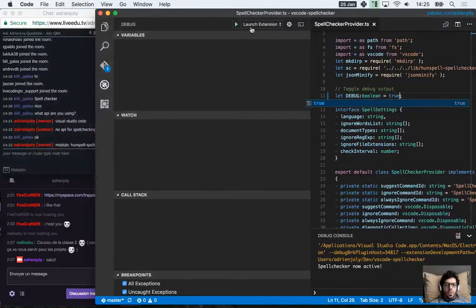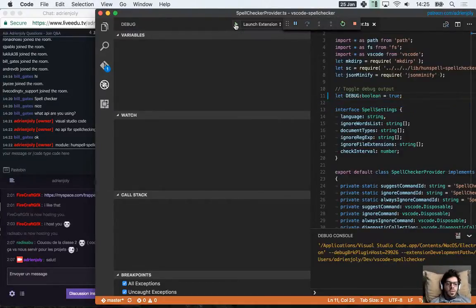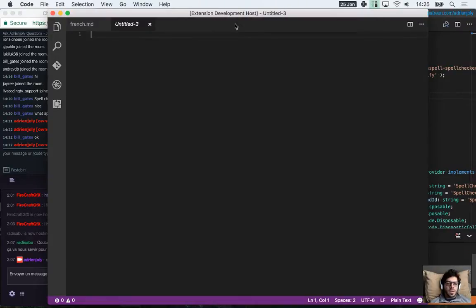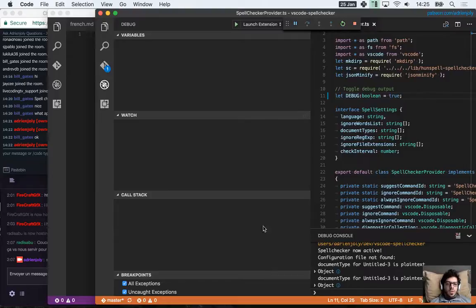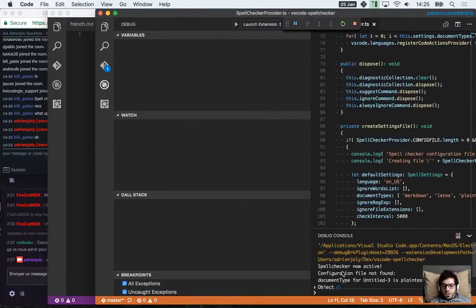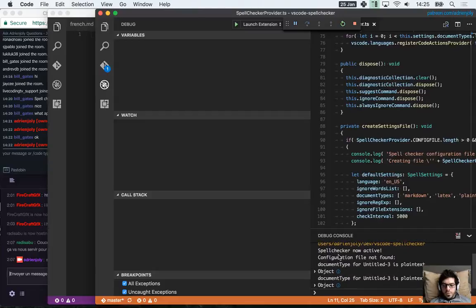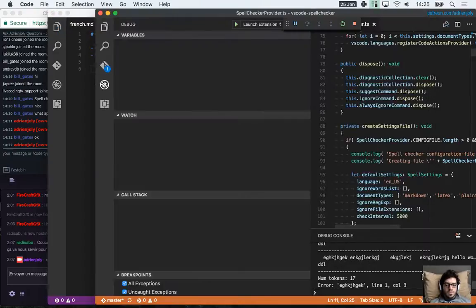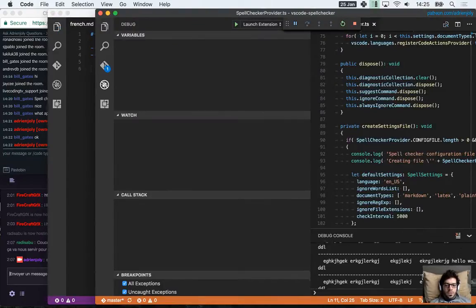I have only one Visual Studio Code window open. I'm gonna host a new one. Okay, here we go. Do we get an exception so far? I don't think so. Spell checker now active. Oh, we get some progress. Configuration file not found. Plain text, plain text, plain text. Okay. What about this one? So apparently,